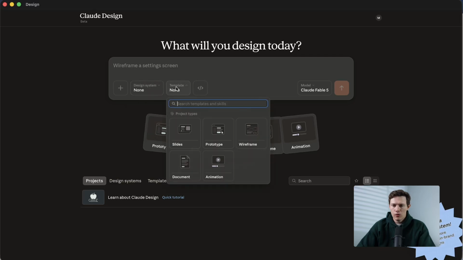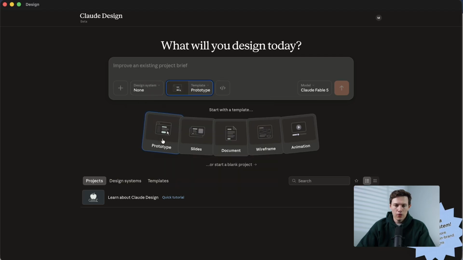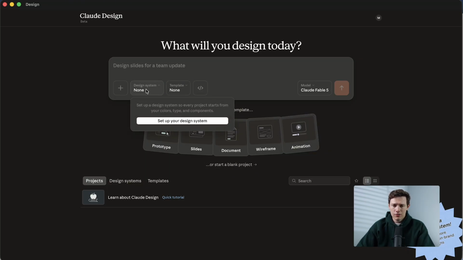First thing we're going to do, we've got templates, so you can make prototypes, which is going to be more like a website. You can make slides, so a PowerPoint, for example. You can make documents, wireframes, and of course you can make animations or just a blank project if you wanted that. So the first step you want to do is click on Design System and go down and say set